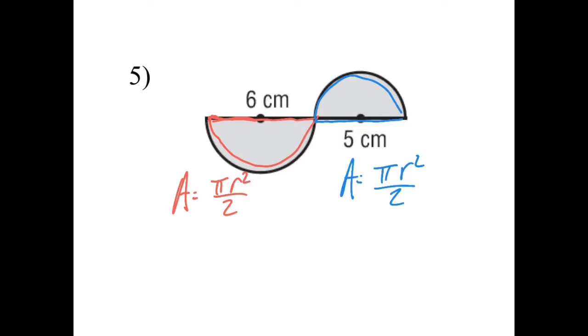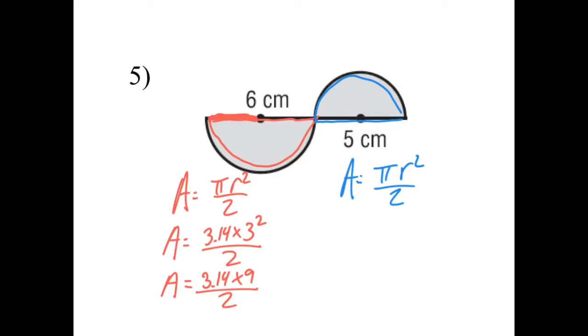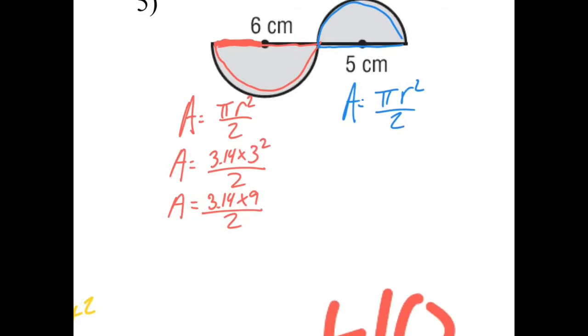For the red one, right here is our radius. So we're going to do 3.14 times our radius of 3 squared and divide that by 2. 3.14 times 3 squared, which is 9, divided by 2. 3.14 times 9 comes out to 28.26. We still have to divide that by 2. And when I do 28.26 divided by 2, I get